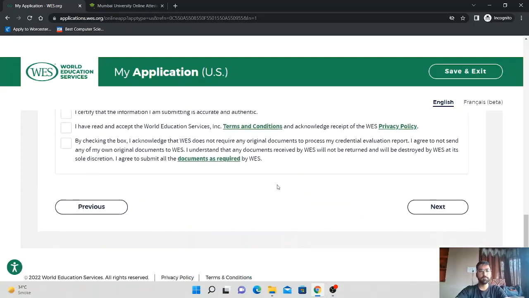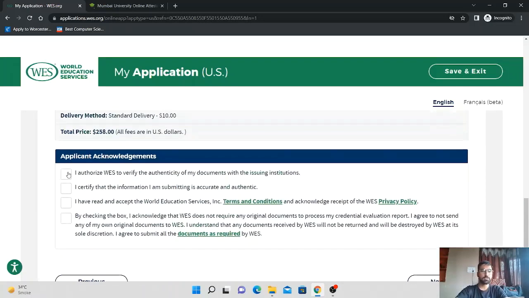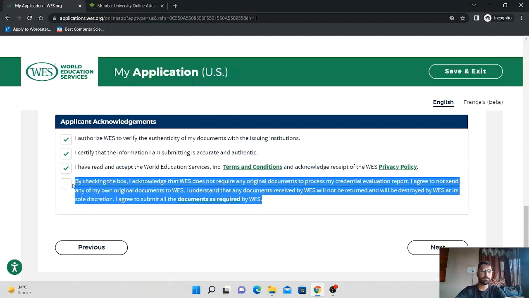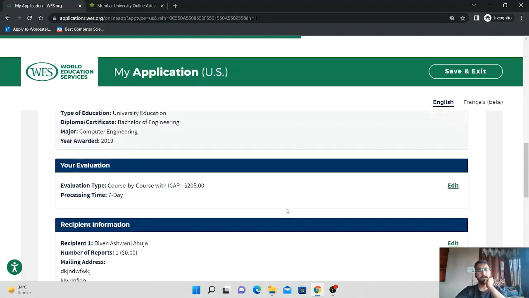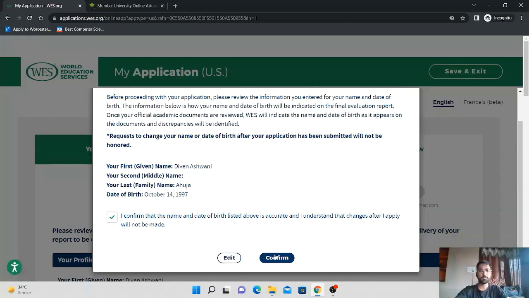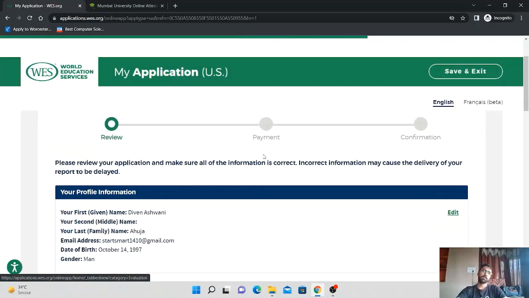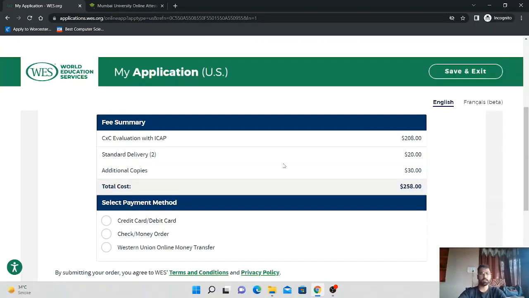And this is the final page where you need to confirm all your information which you have entered, and you will have to select this. You can read the terms and conditions and everything, and then you can select this, and then it will ask you for a confirmation that all the information you have entered is correct, and then it will ask you for the payment. This is for ICAP, course by course evaluation, standard delivery $20, because